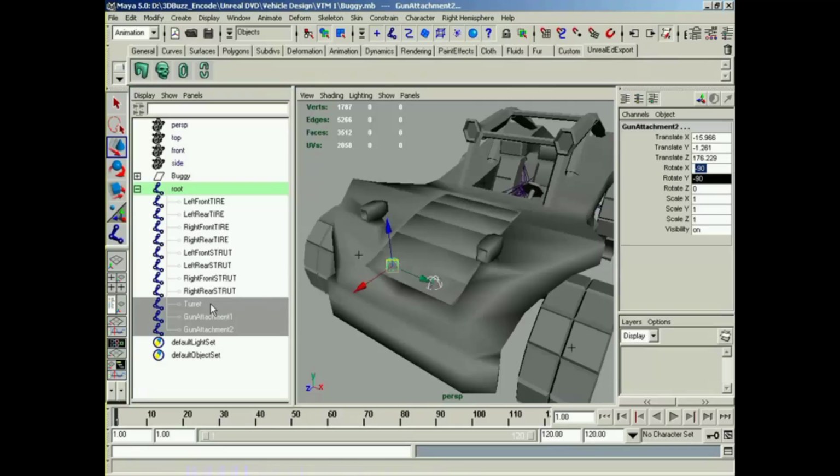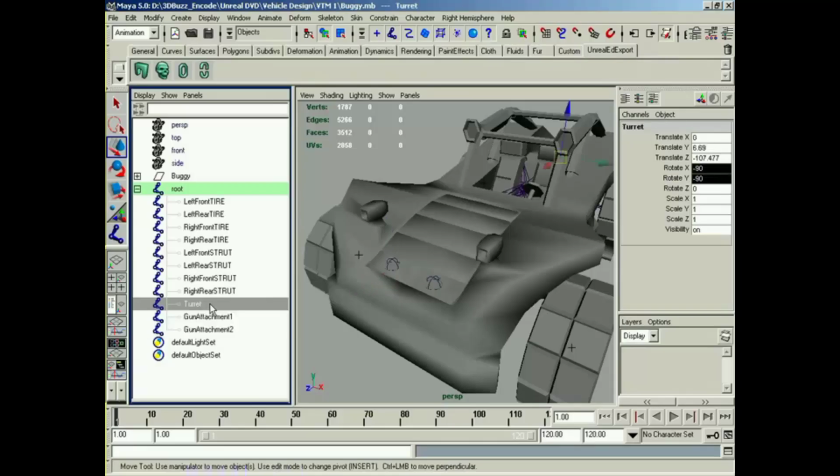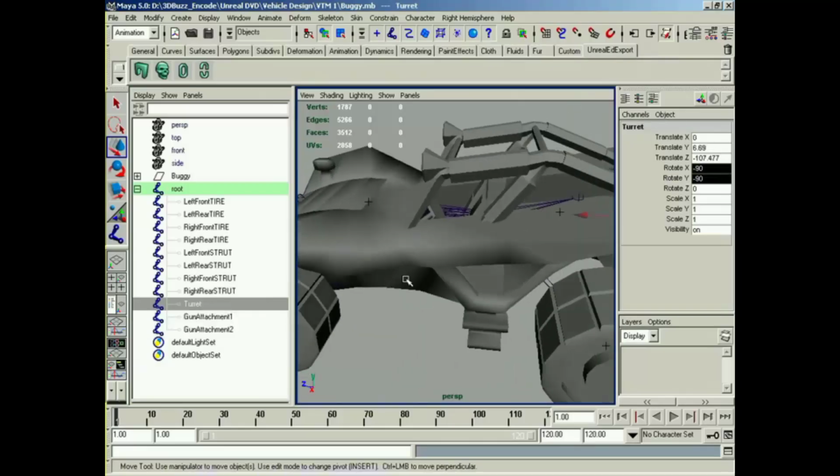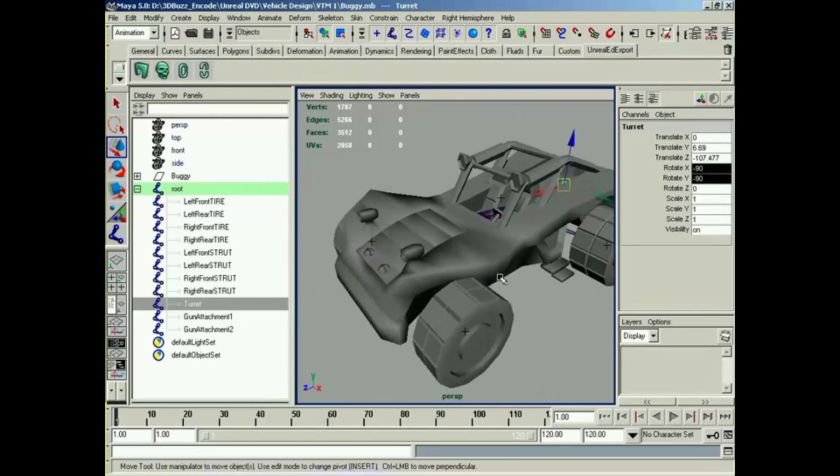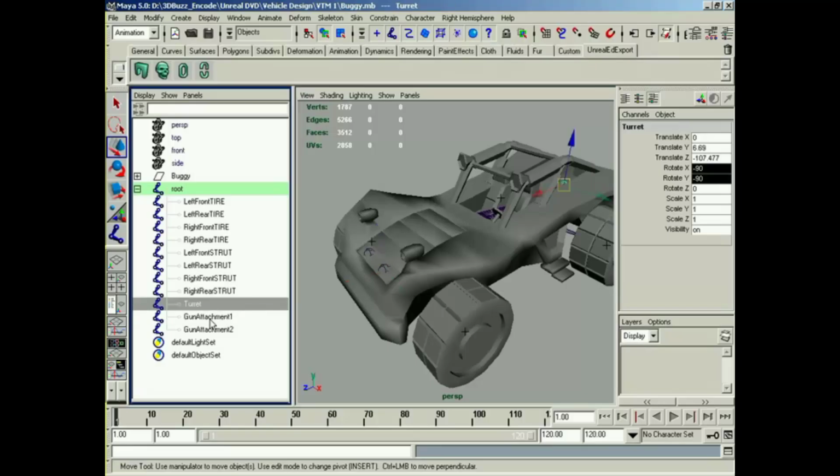Not setting this up is going to put you in a position where you're going to become frustrated because you're going to be dealing with weapons that come in and become attached pointing backwards, upside down, all sorts of different ways if you don't have the rotations set up properly. It's not a pretty situation. So we'll make sure all three of these are set to -90 in both X and Y, and